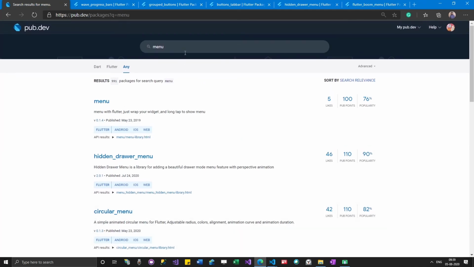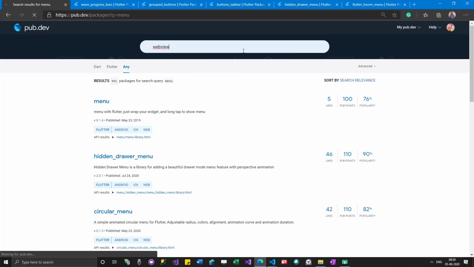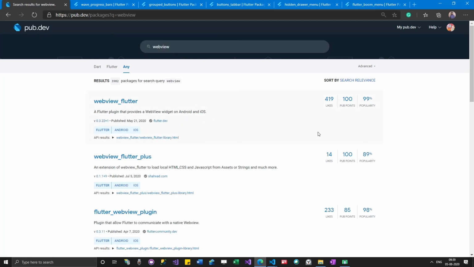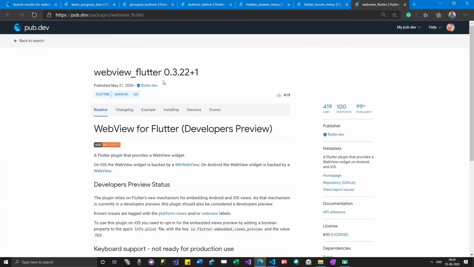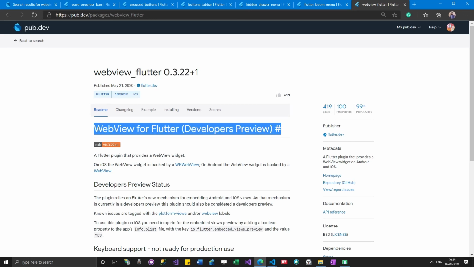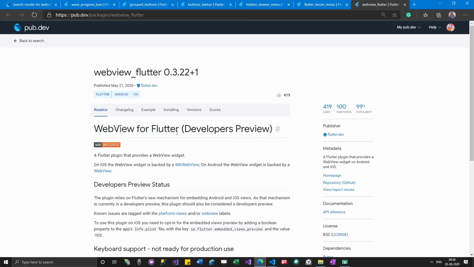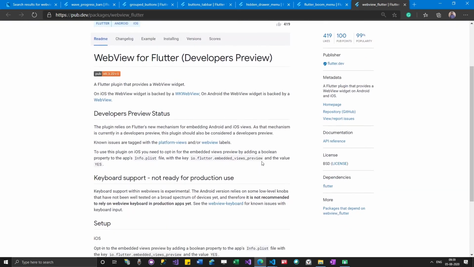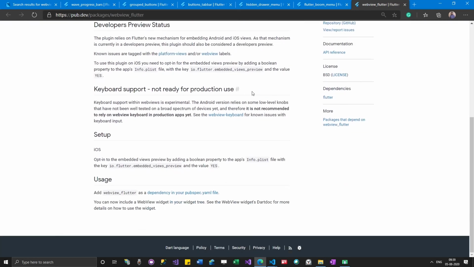Not only this, we'll have so many packages. Say for example, just imagine you want to open some website within your app. Okay, so we'll have something like WebView. So when it comes to Android, WebView comes out of the box. When it comes to Flutter, you have to use this package. Okay, so this is in a developer's preview. Like, it's important to see these things also. Developer preview means it is not ready for production use. Okay, these kind of terminologies you will get familiar with as days pass on.